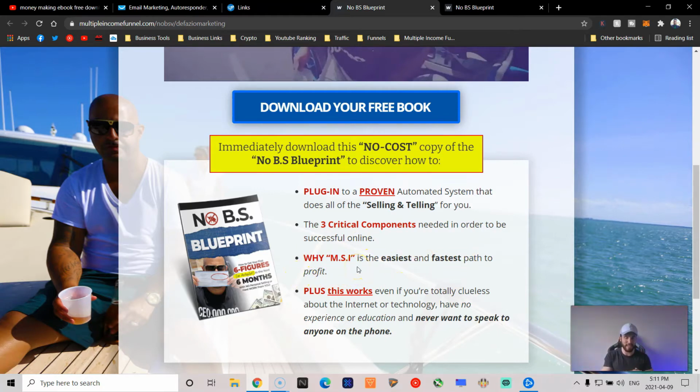Now, the MSI system is working for a lot of people. There's a lot of people that are waking up with thousands of dollars already earned from the system. Unfortunately, I haven't earned any money just yet. We've only got about 40 leads, right? But the system is doing the follow-up for you. The thing about this is it's going to take 7 to 10 times of them seeing this sales funnel. So the system could be following up with these leads for months, and 30 days down the road, these leads that signed up 30 days ago are now actually ready to buy.